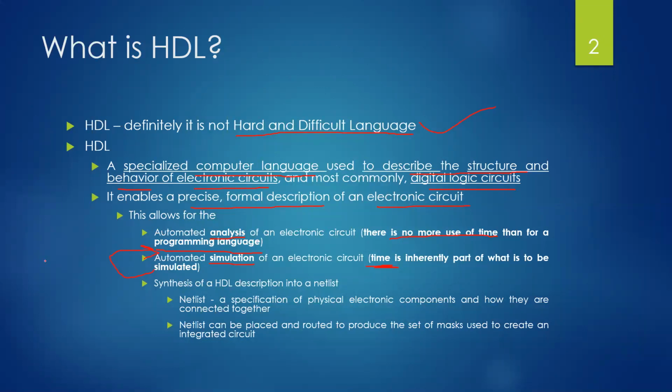As I specified, if I'm using the XOR operation directly, it is taking 1 nanosecond. But if I implement it as A into B bar plus A bar into B, this might be taking around say 3 nanoseconds. So first I might have implemented it in this way, it is taking 3 nanoseconds. If I want to reduce it, I can use this, and you will be saving 2 nanoseconds. 2 nanoseconds is also critical in a few of the applications. So that's why you even deal with these things.